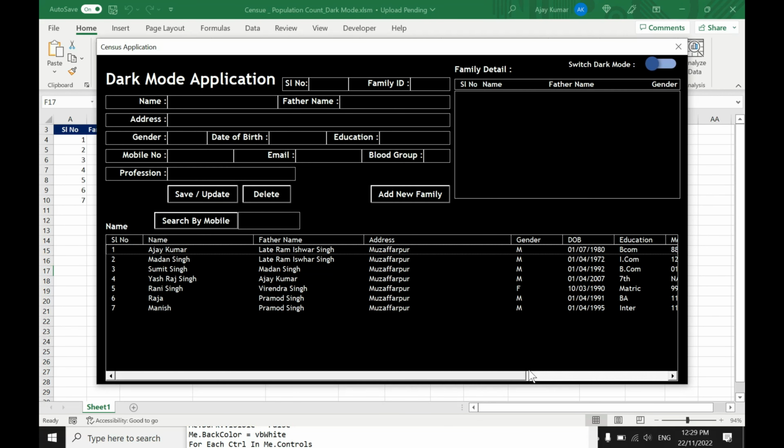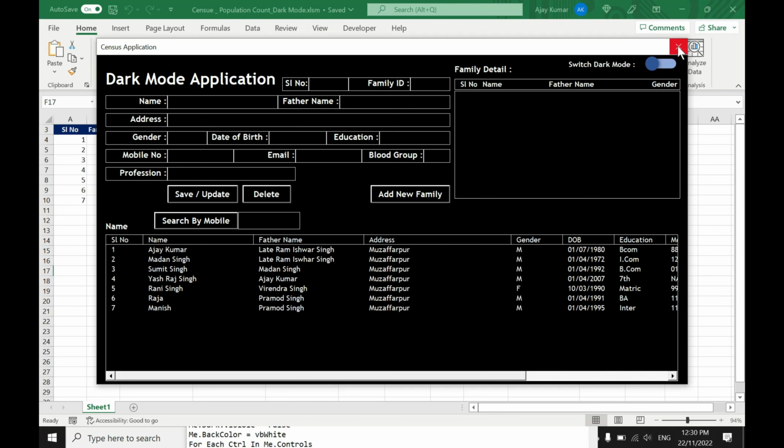So just one click, see, all the controls' back color has changed to black. But you can see here there is no difference between your tag and your text box.